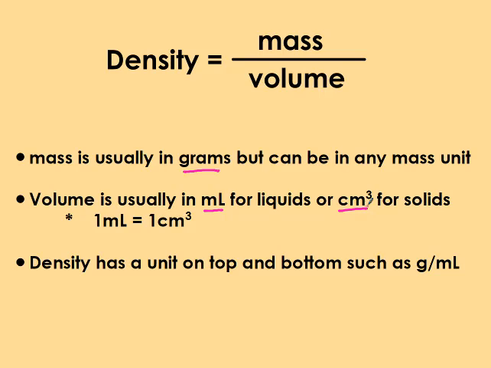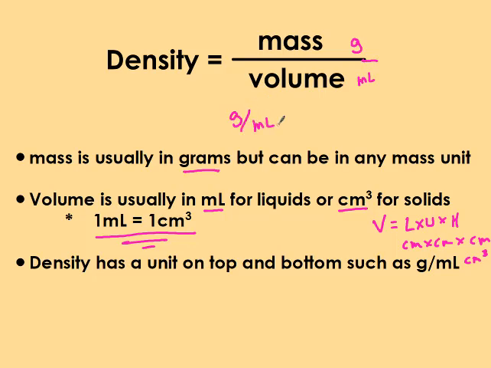It's generally centimeters cubed for solids because the volume of a rectangle can be length times width times height. So that would be centimeters times centimeters times centimeters, which would give you centimeters cubed. An important thing to recognize is 1 milliliter is equal to 1 centimeter cubed, so you can use them interchangeably. Finally, density has a unit on top and bottom because the units don't cancel. If mass was in grams and volume was in milliliters, they don't cancel, so the density would be in grams